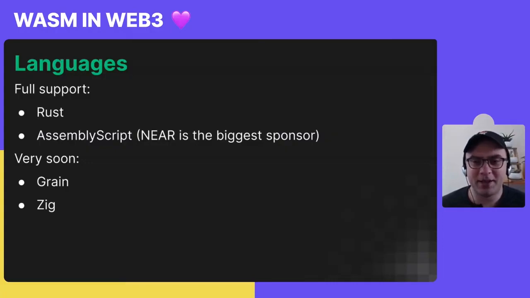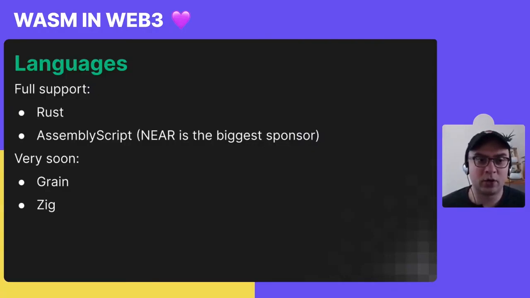It's frequently the same people who work on Rust and Wasm. Also, Rust is a very safe language. As we all know, it has strong typing and lifetimes and prevents all kinds of ways of shooting yourself in the foot. That's why we default to Rust as our primary smart contract language.